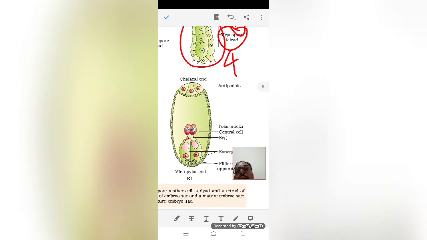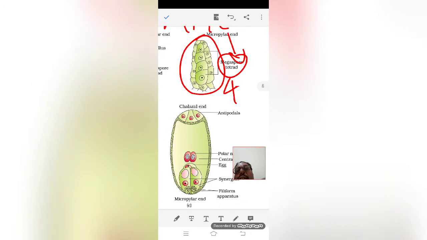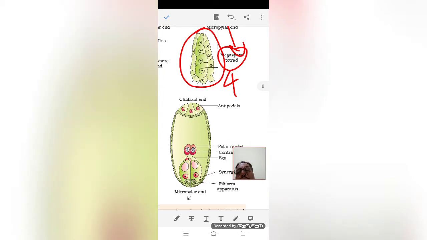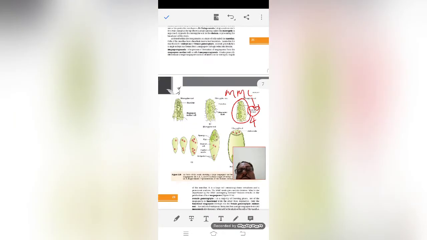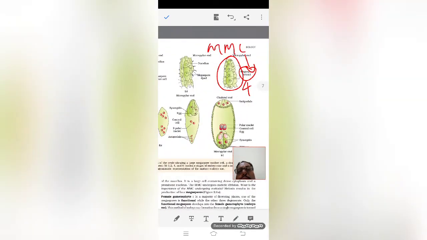Why is it known as monosporic development? Because from this spore only one will develop into this embryo sac, so it is known as monosporic development. If two are there, disporic, trisporic, tetrasporic, like that. There are some plants which will, and from this,